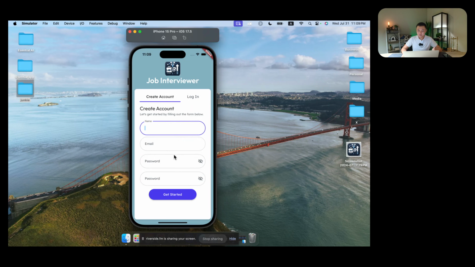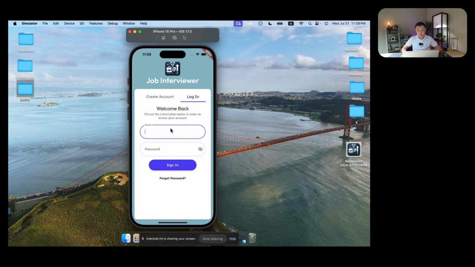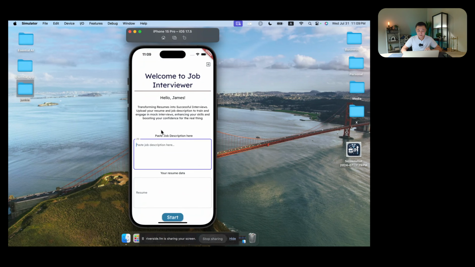So here you can basically create an account, but I'm not going to create one in this example. I'll just jump into the demonstration so that you can actually see it. So I just log in, and this app is, again, about job interview preparation. The app name is Job Interviewer. So if I am preparing for a certain job, I already know the job description, and I have my own resume, so I can pass these in, and it is going to analyze and prepare me for